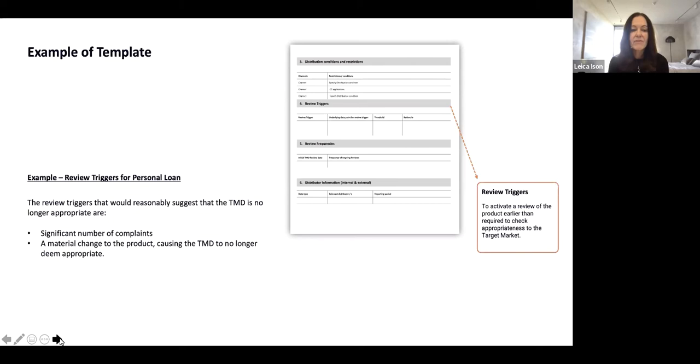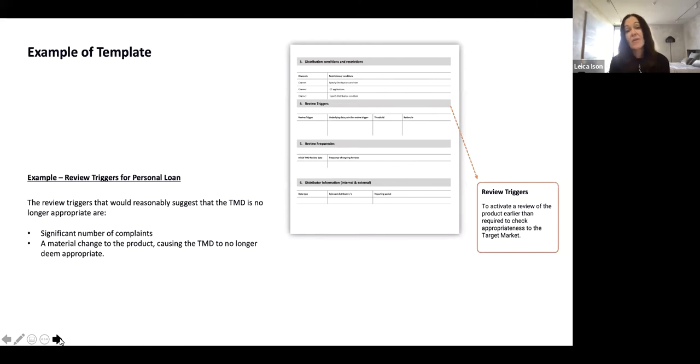Now, again, a couple of challenges that I'm seeing here is that when we're setting the review triggers, we're setting them quite broadly. I'm seeing in some instances a broad definition, saying a significant number of customer complaints. That statement just isn't granular enough. We need to be able to put data points around these so we can measure them. A significant amount of customer complaints might be 10 or it might be 100 for your product. So really getting granular around setting those review triggers.